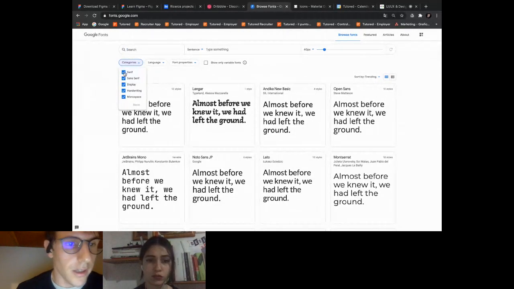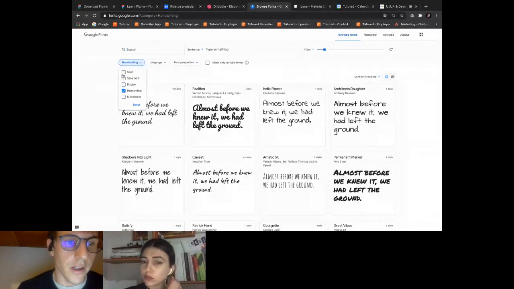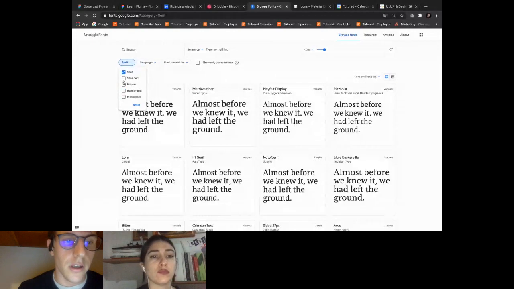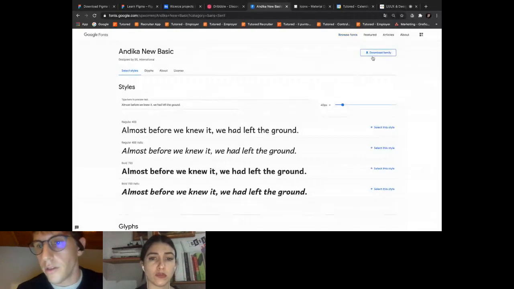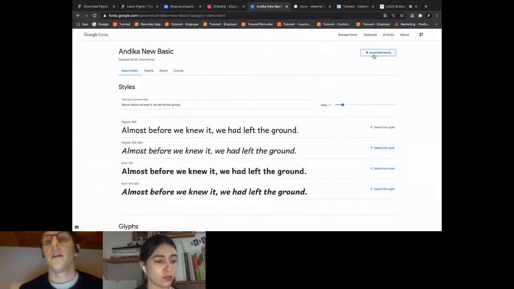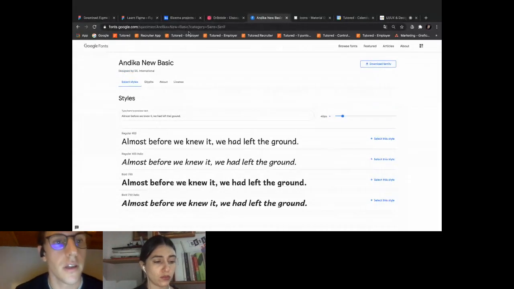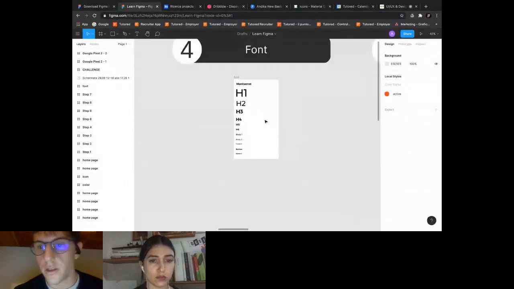You just select serif or sans serif, etc. To download it, it's very simple. Just click and download the font family. And if you have installed the Figma tool for the font installer, you just have to close Figma and reopen it, and you can find the font in your font libraries.